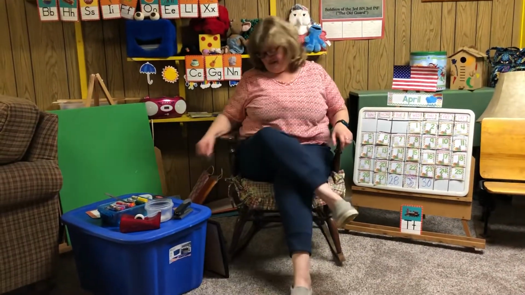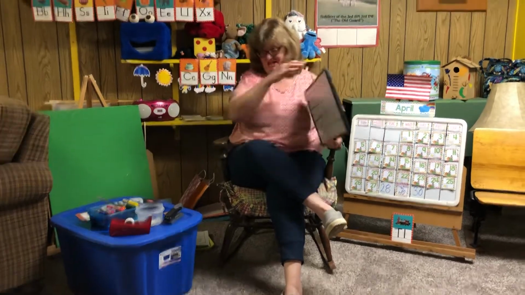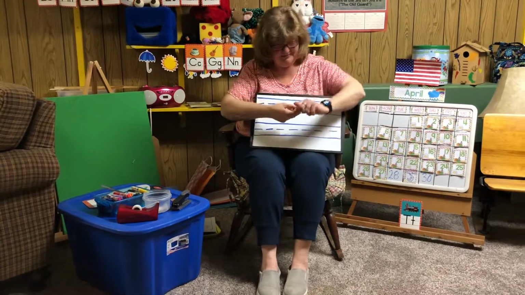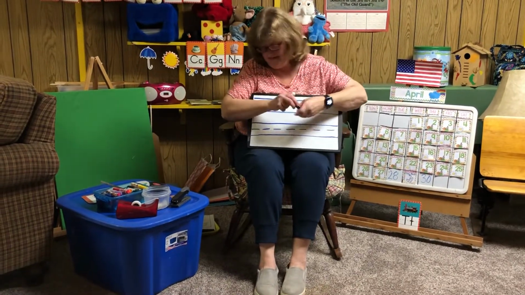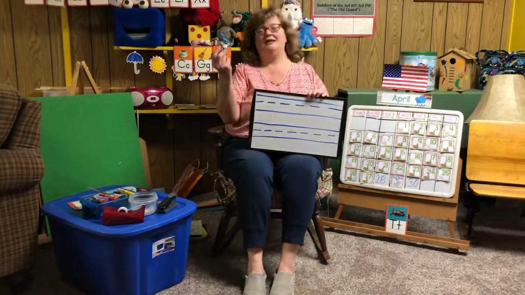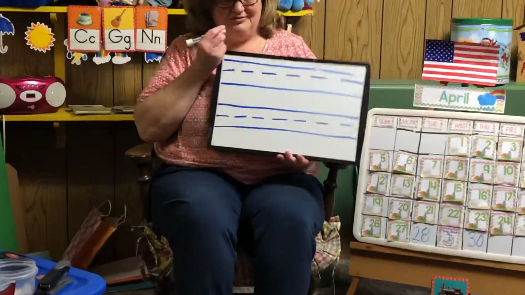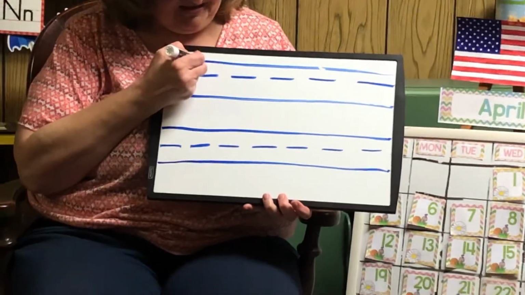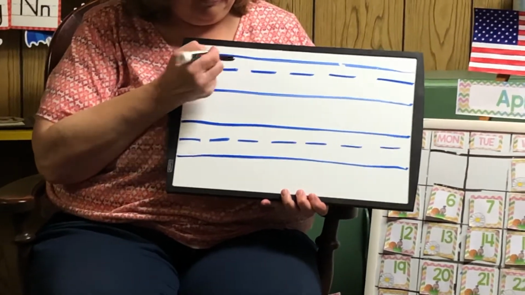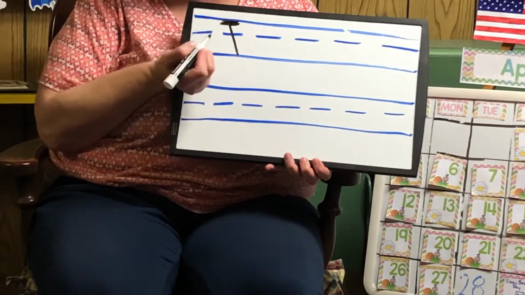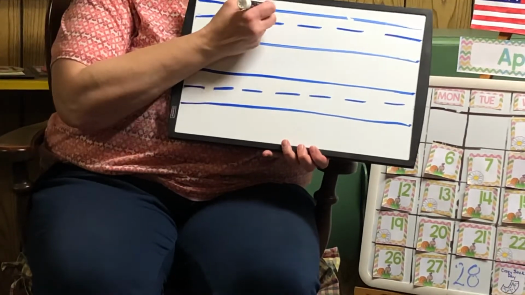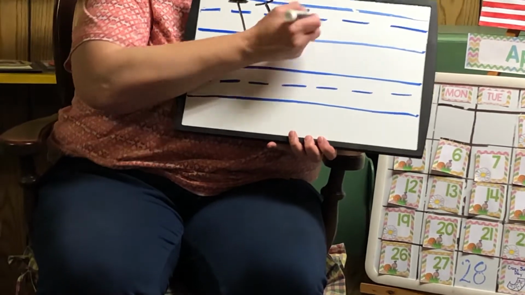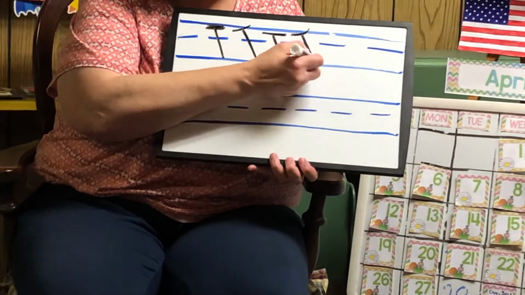All right. Well, let's take a look at writing our letter T. I'm going to get out my marker and my whiteboard, get my cap off, and pinch. So here we go. Make the T. You make a line across the top, and then you make a line down. Pretty easy peasy. Line across and down, across and down.